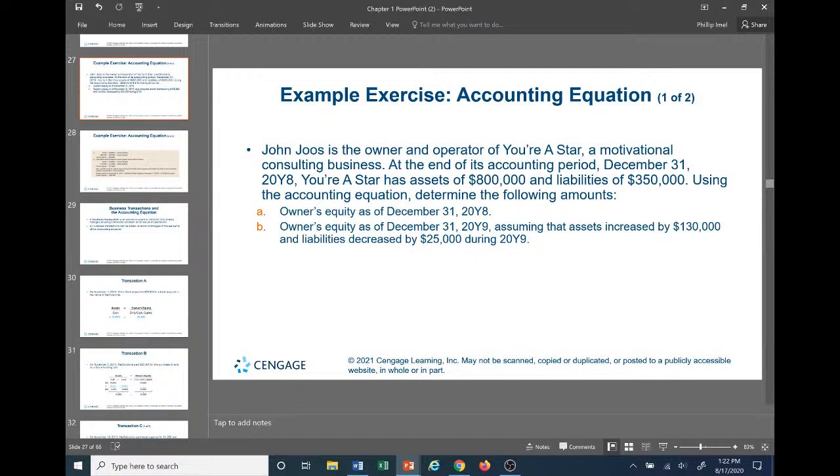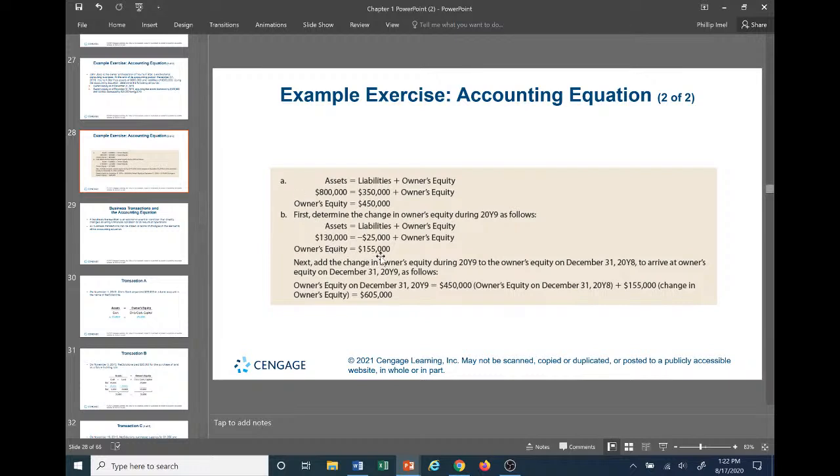So all we've accounted for is the actual changes in the assets, liabilities, and equities, which we calculated to be 155,000. Next, we want to add the change in owner's equity during 2009 to the owner's equity on December 31st, 2008 to arrive at owner's equity on December 31st, 2009 as follows. So recall, owner's equity on December 31st, 2009